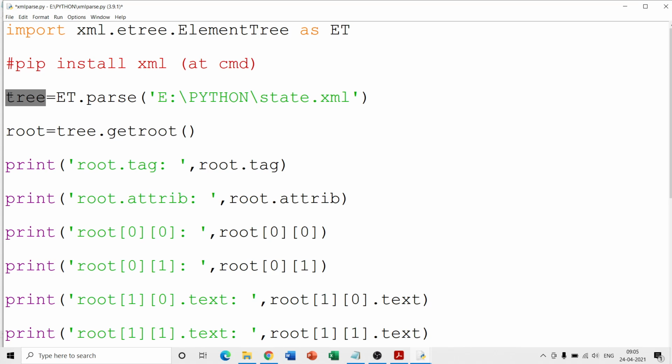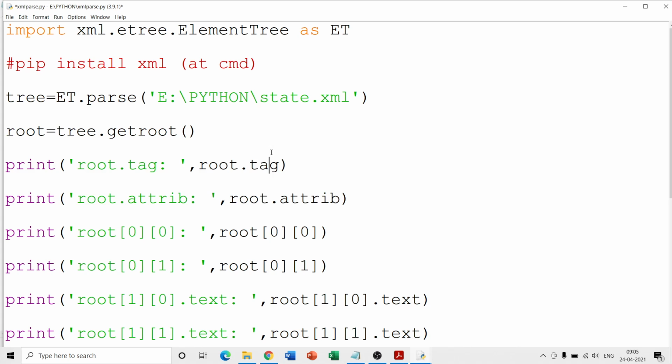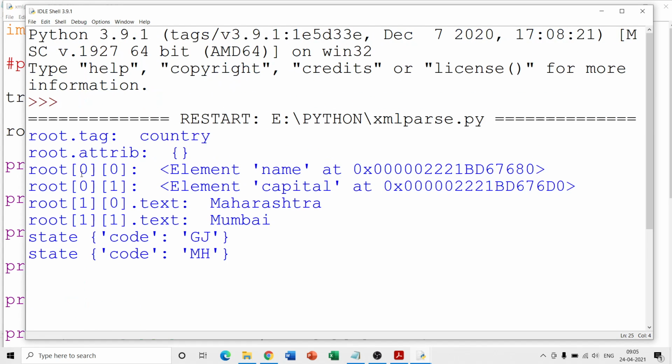Tree is the entire control to the entire XML file, and dot getroot means to get the root tag. Okay, so let us try to check out what we are printing: root dot tag and root dot attrib. Tag is an attribute, attrib is an attribute. Let us try to check the first two outputs, and then I will explain certain things. So let us try to run this program.